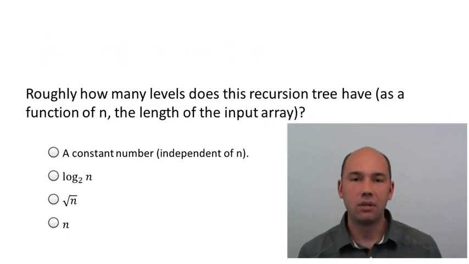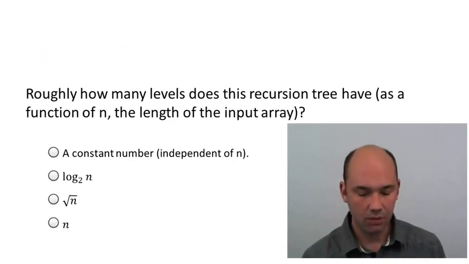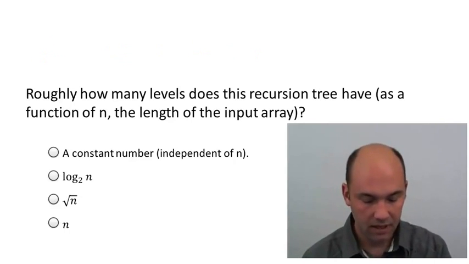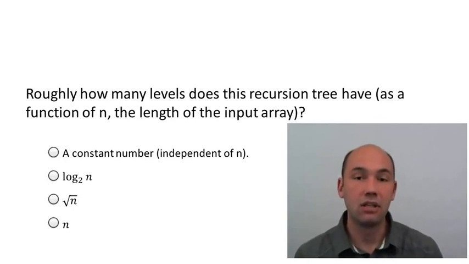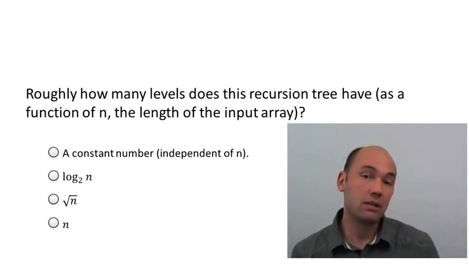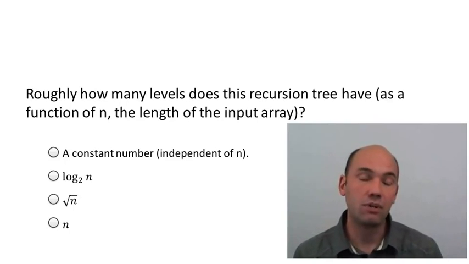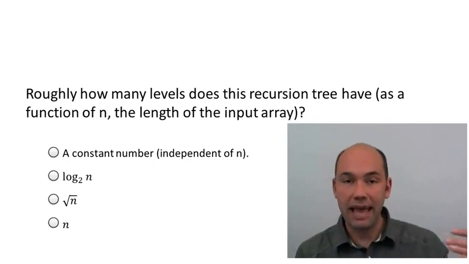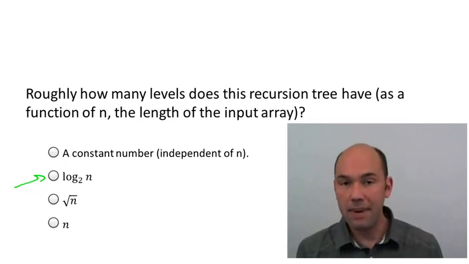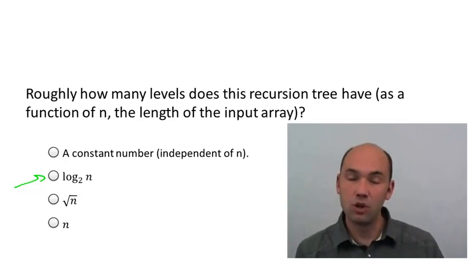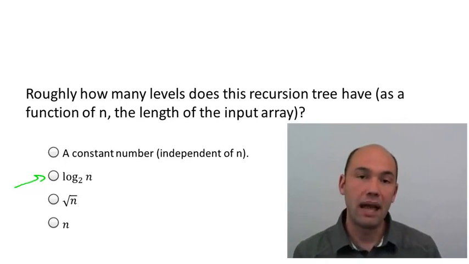Okay, so hopefully you correctly guessed that the answer is the second one. Namely that the number of levels of the recursion tree is essentially logarithmic in the size of the input array. The reason is basically that the input size is being decreased by a factor of 2 with each level of the recursion. If you have an input size of n at the outer level, then each of the first set of recursive calls operates on an array of size n over 2. At level 2, each array has size n over 4, and so on. Where does the recursion bottom out? Well, down at the base cases, where there's no more recursion, which is where the input array has size 1